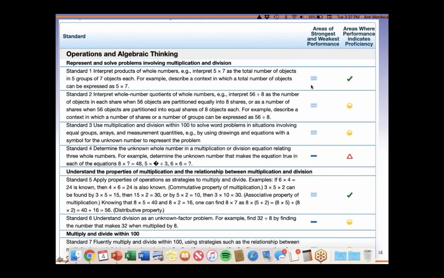You can't get a standards report for a student, only a group of students. If this is a class level, then this is the lowest area for your class. If it's grade, this is the lowest area for your grade, etc. If it's the whole school, lowest for the school. And this will show you whether they were the three categories, at or near, on or above, or below for that standard.